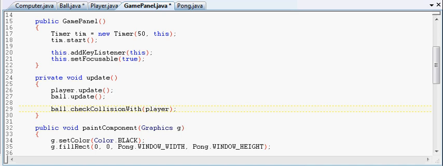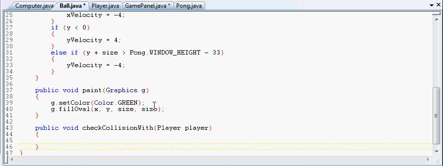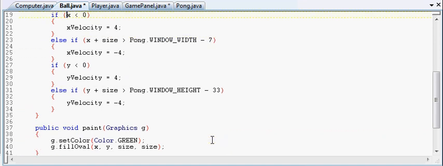So let's move on over to ball. Now here's the tricky part. What we're going to have to do is we're going to have a couple if statements here. This might be a little hard to follow along, but I'm going to try to go as slow as possible and explain it as best as I can. So let's see. We're going to need two if statements, one within the other. First thing we're going to do is we're going to check and see if the ball's x value is within the boundaries of the player. So that rectangle,